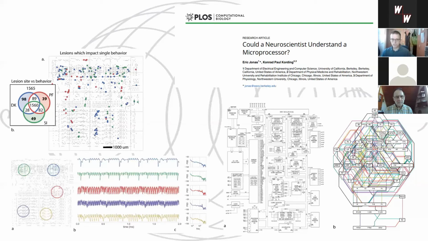And by studying oscillations and by studying lesions, you can uncover certain aspects of which areas and which transistors are important, but you are far away from understanding the actual code that it runs on and the actual way it processes information. So this is one example. So we cannot understand microprocessors using neuroscientific methods. And so chances are it is also quite difficult to fully understand brain functions using those methods.